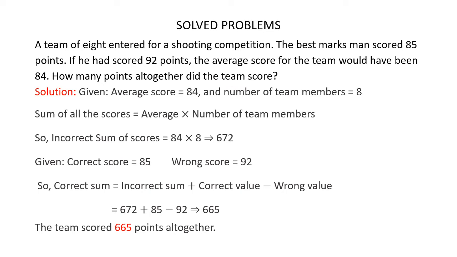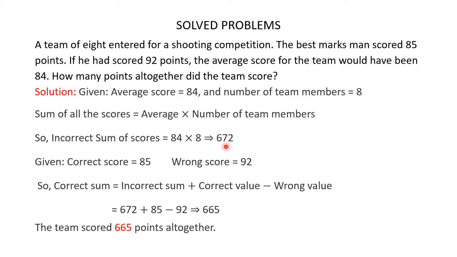Now it's given that the average score is 84 and the number of team members is 8. We know that sum of all the scores is equal to average multiplied by number of team members. So this is 84 multiplied by 8, which gives us 672. Now 672 is not the correct sum of scores, because while calculating the average, it has been assumed that